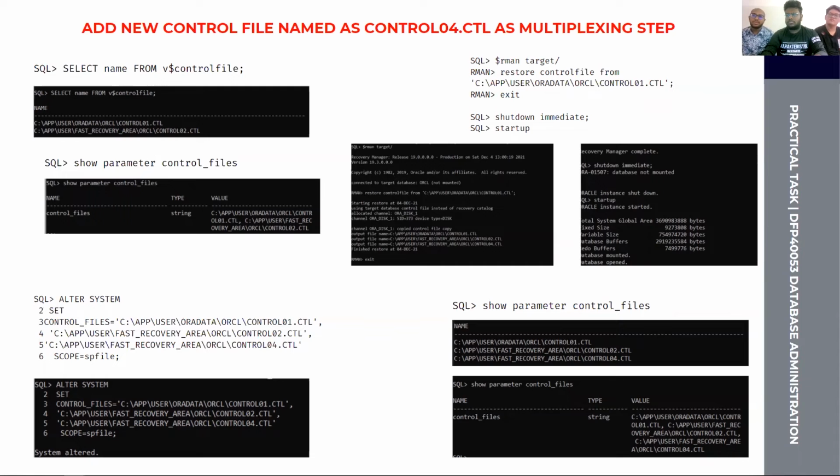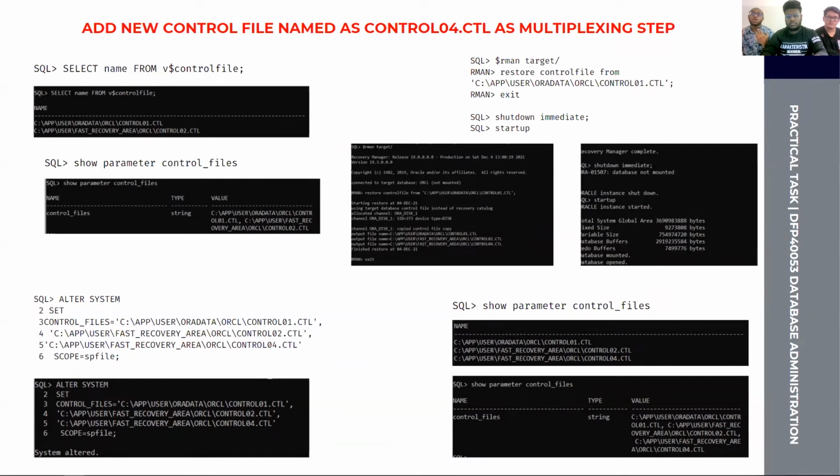After it, we are going to do show parameter control_files. So basically you would have the name control_files together with the type and value. What is the destination out there? After it, we are going to alter system set control_files. We are going to enter the value of the location that we have seen. All of it, just copy and paste it, or you can just type it out, and together with our instruction